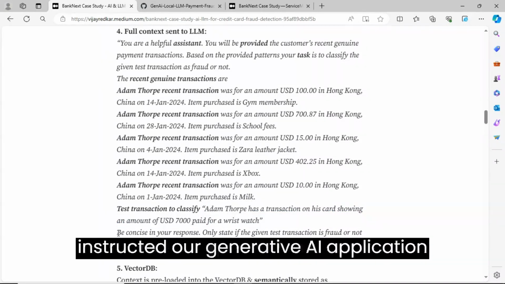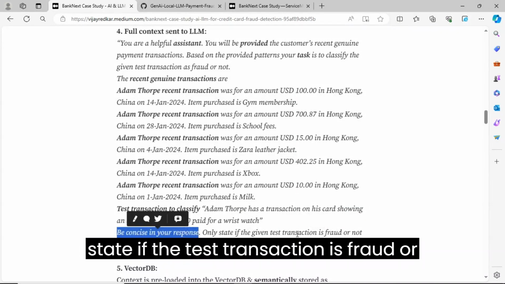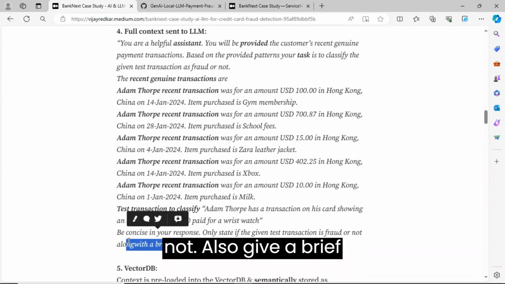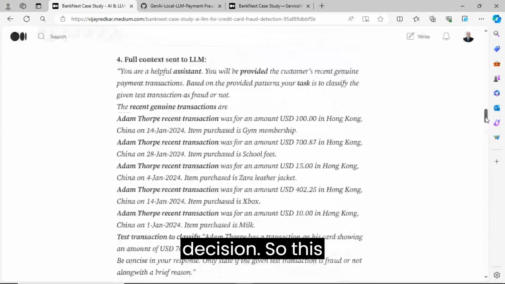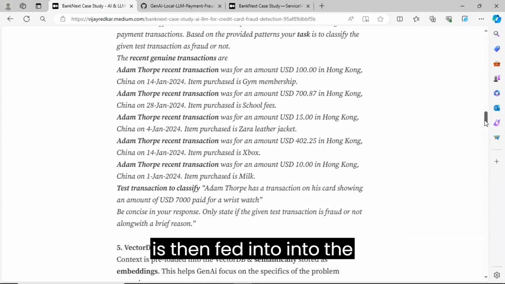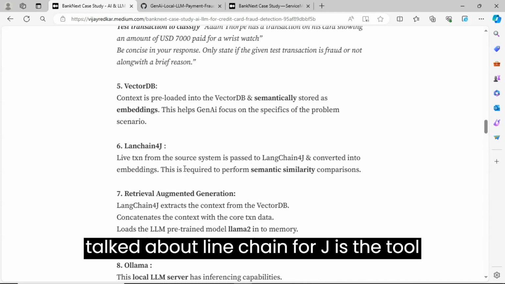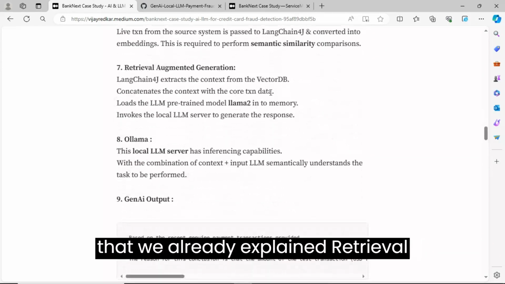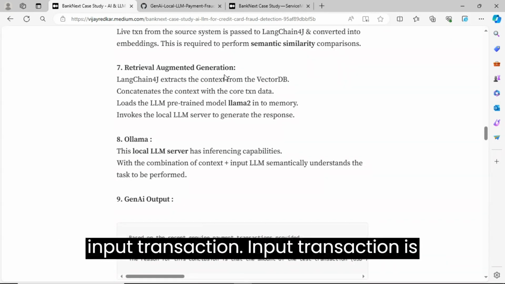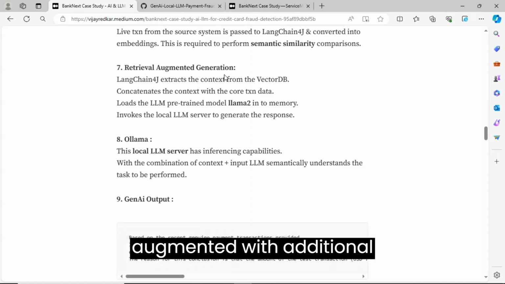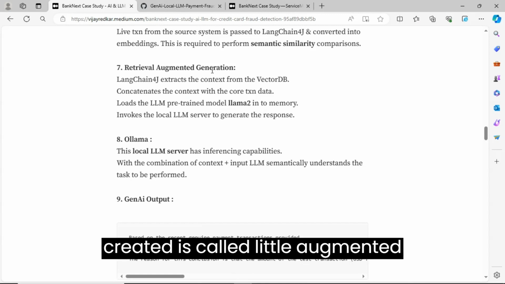Also, you will see that we have instructed our generative AI application to be concise in the response and only state if the test transaction is fraud or not. Also, give a brief reason why for its decision. So this entire thing gets created, and this is then fed into the Ollama inference engine. VectorDB we already talked about. LangChain4j is the tool that we already explained. Retrieval augmented generation is the process we talked about, where the input transaction is augmented with additional information and the entire context is created. Ollama